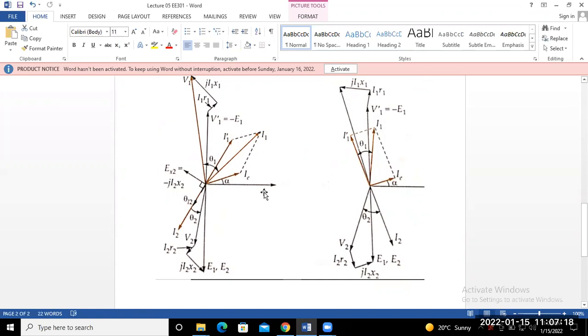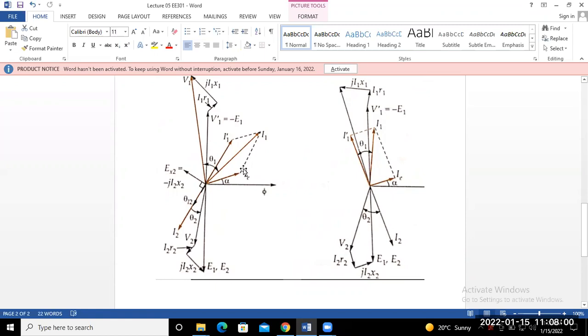If you remember or recall the no load phasor diagram, whatever the no load component along this direction, that means the flux direction, that is represented by the magnetizing component, IM. And whatever the component of the exciting current towards V1, along the y-axis, V1. So if you break this no load exciting current IE, this current has two components: one is the magnetizing component and another is the core loss component.